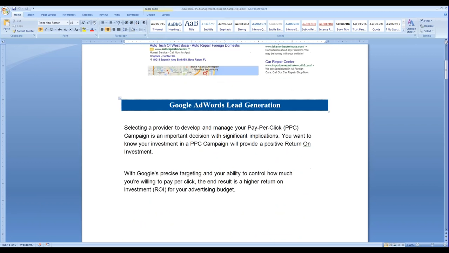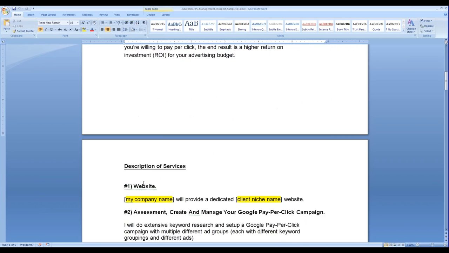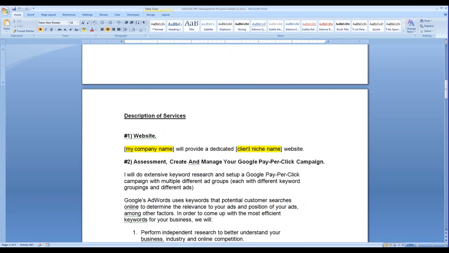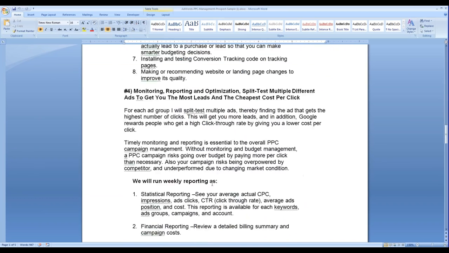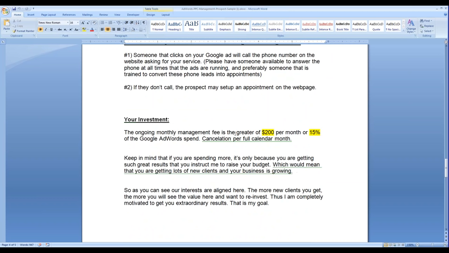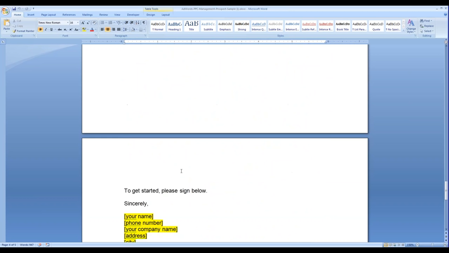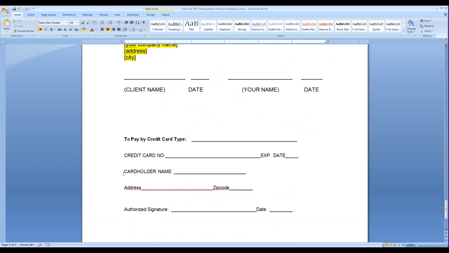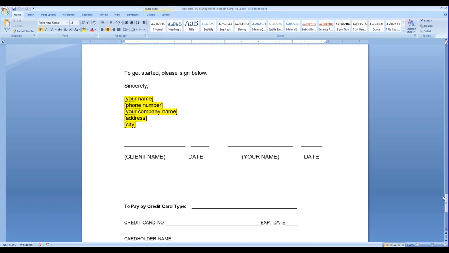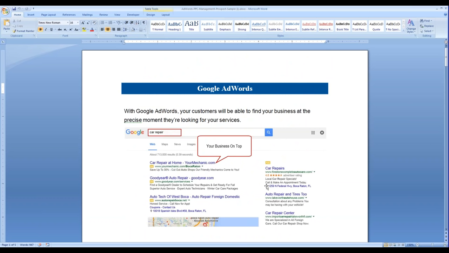Then this document has some explanation what you are doing for the money. So it is in yellow what you need to change. And then you can enter your investment, your name, and the best part is the credit card information. Okay? But this image will do the sale for you. Everybody got this? This is available in the members area. You just show it, and if you don't get the sale, you just leave that document at the client so he has something to think about it.